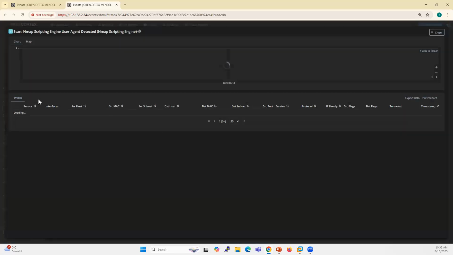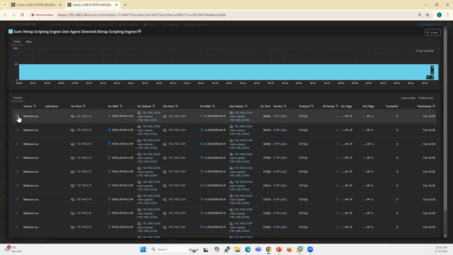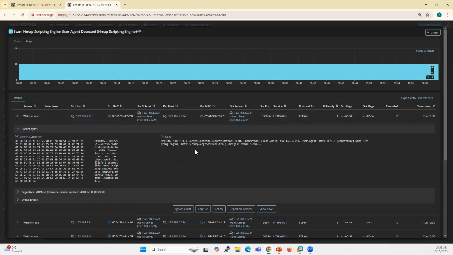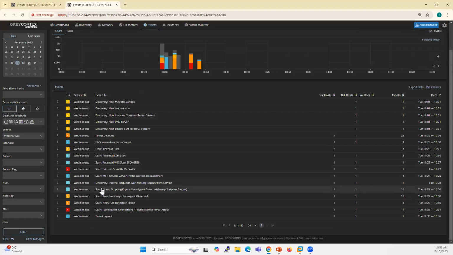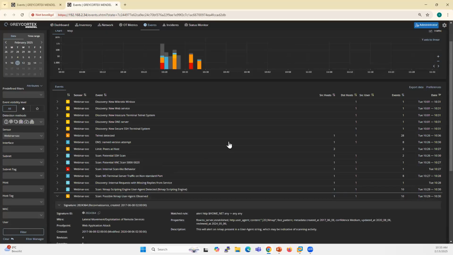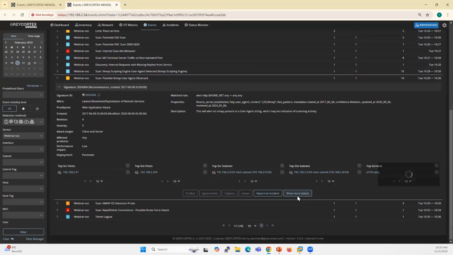One can go to more details and say, okay, let's see what kind of information is there. And you can see here that nmap is used there. There is an agent running for it. So, okay, that means if nmap is running, there is more information. So here you can see possible nmap user agent observed. So that means that if we are going to check in more detail